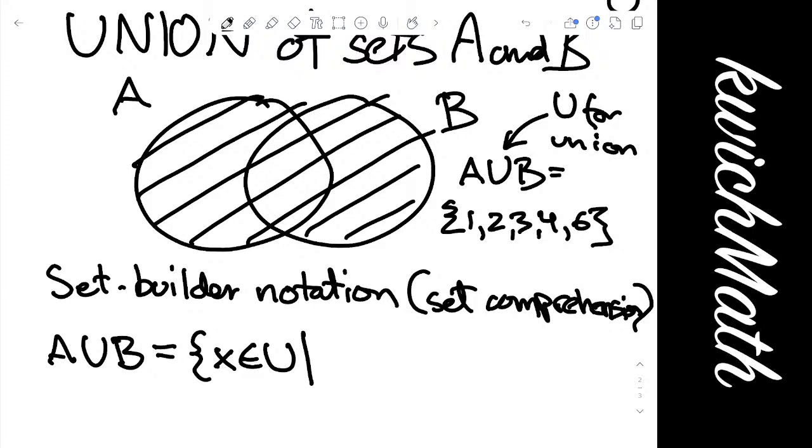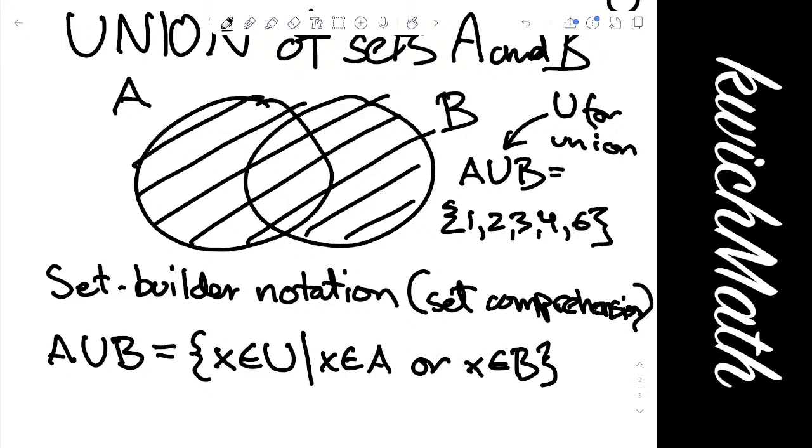You can think of it as a dummy variable, if that is terminology you're familiar with. Anyway, what must X satisfy? Well, since it's the union, it should either be in A or it should be in B. And here I'm using the word or,